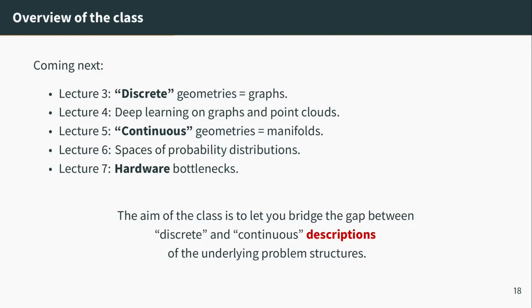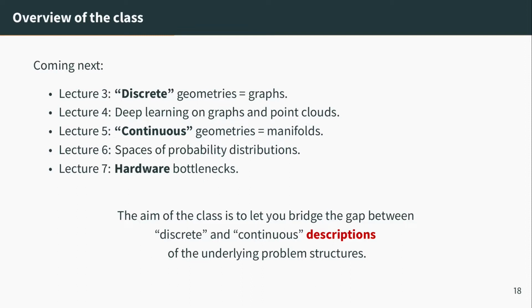And then in lecture 5, we're going to study the same objects, so balls, hyperbolic manifolds, etc., but from a continuous perspective. I'm going to introduce to you the vocabulary of manifold geodesics. And in lecture 6, we study a type of manifold which is extremely relevant to data science and machine learning, which are statistical manifolds, so spaces of probability distributions, endowed with the relative entropy or the Wasserstein distance. That's really going to be the core of the class.